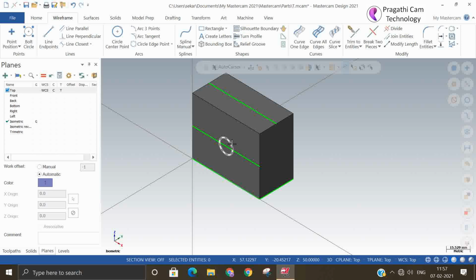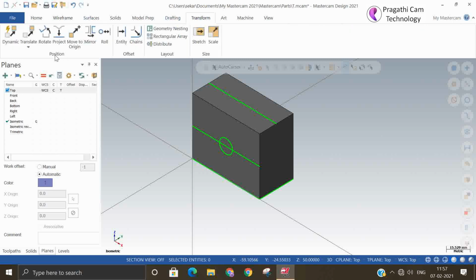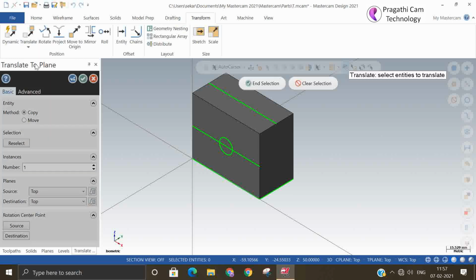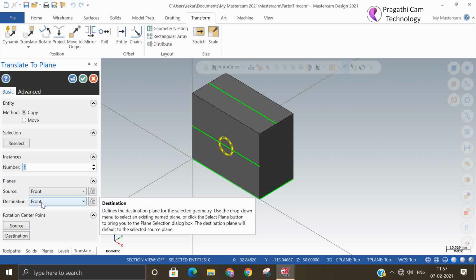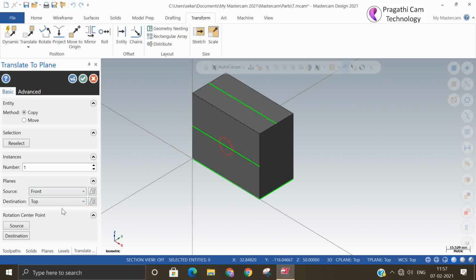Whatever circle is there in the front view, I just wanted to translate to the top view. For that reason, the translate to plane option is used. So first it is asking what you want to translate. Accept. Source plane is front and destination plane is top.